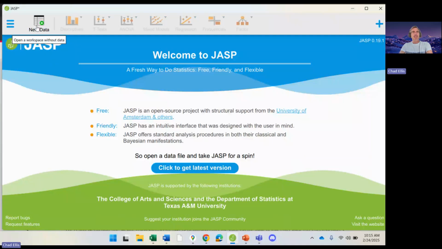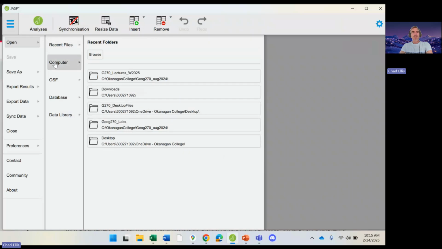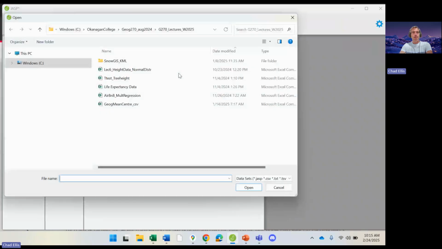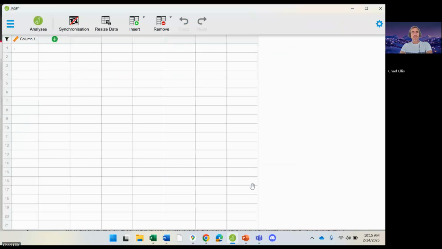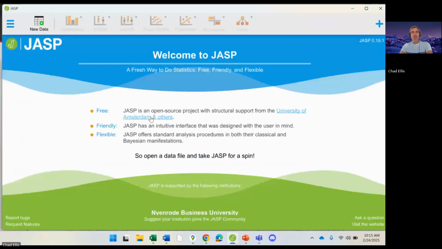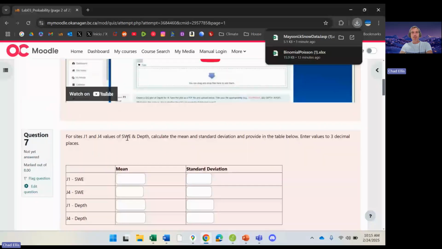And I'm going to go new data. Oops, sorry. I'm going to go open. And I'm going to go to my computer. I'm going to go to my download box. Here's my Mason Lake snow data. It's going to take a couple seconds to import it from the CSV file. So the first thing you're going to be doing while that's uploading is that we're going to do some basic